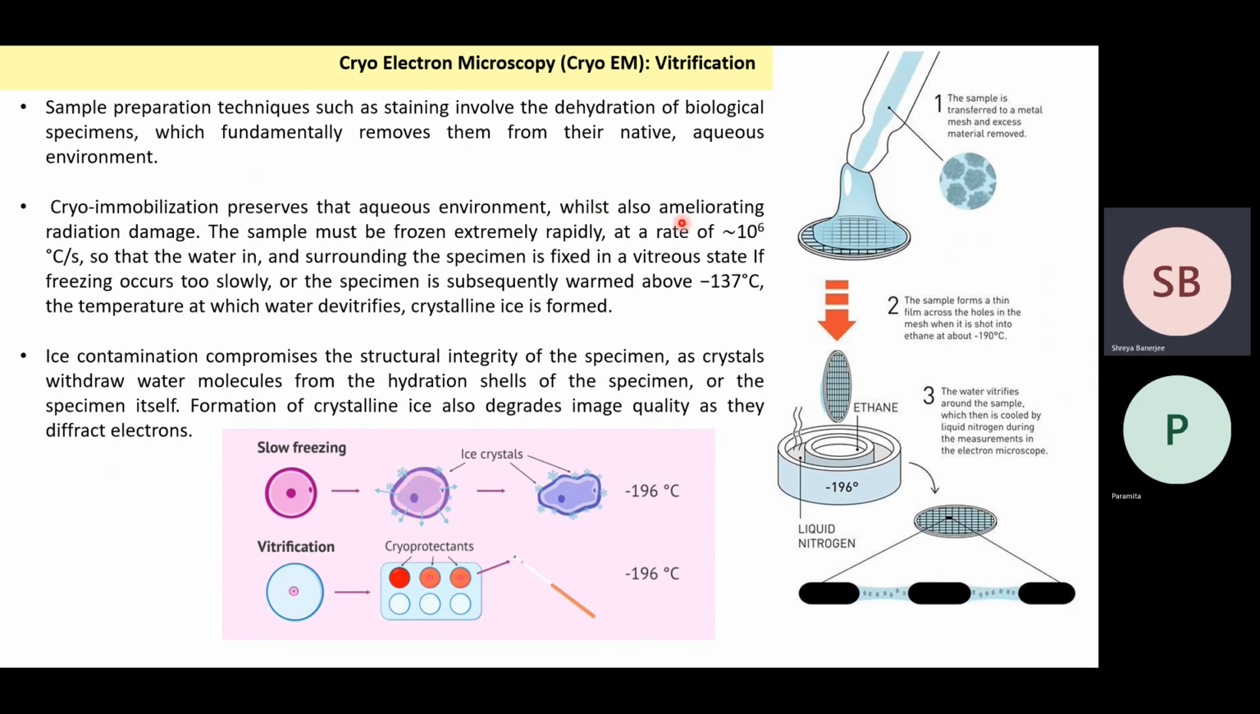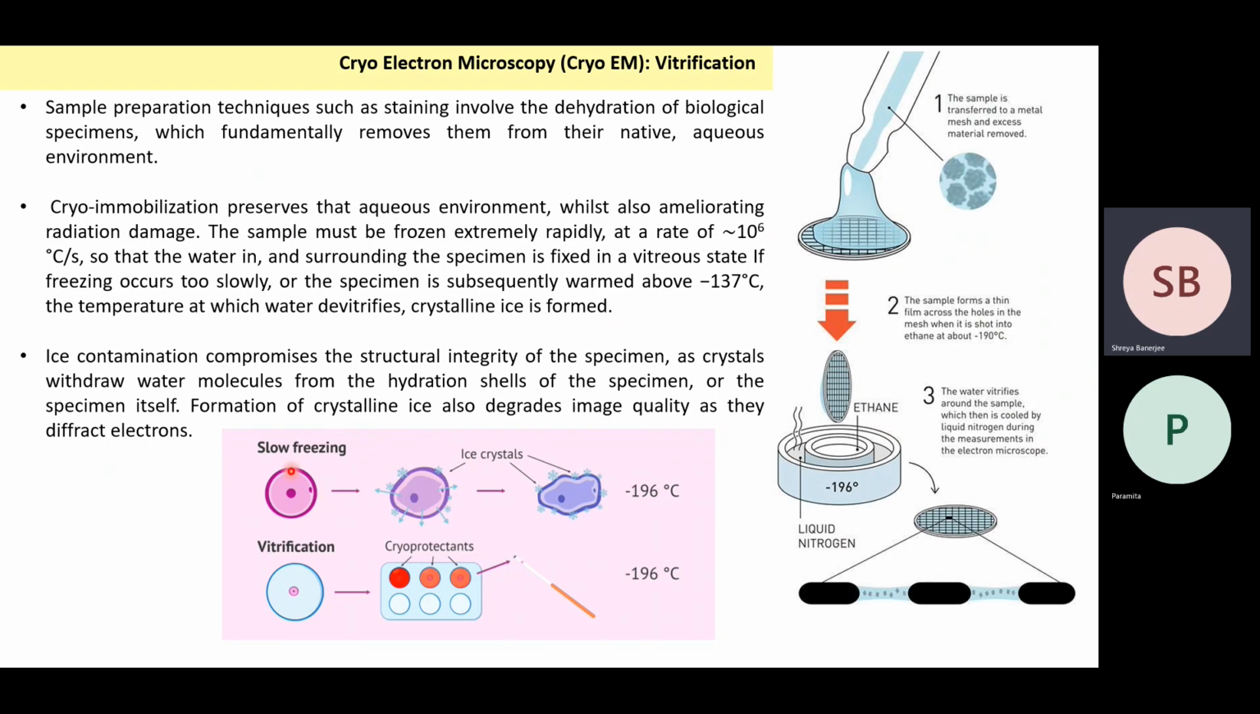Cryoimmobilization preserves the aqueous environment while also reducing the radiation damage. So what is done is, firstly, the sample is transferred to the metal grid such that a thin film is formed, and then it is rapidly frozen at a rate of 10 to the power 6 degrees Celsius per second, so that the water in and surrounding the specimen is fixed in a vitreous state. This means that whatever conformation the water has in the native state of the protein, it is frozen in that